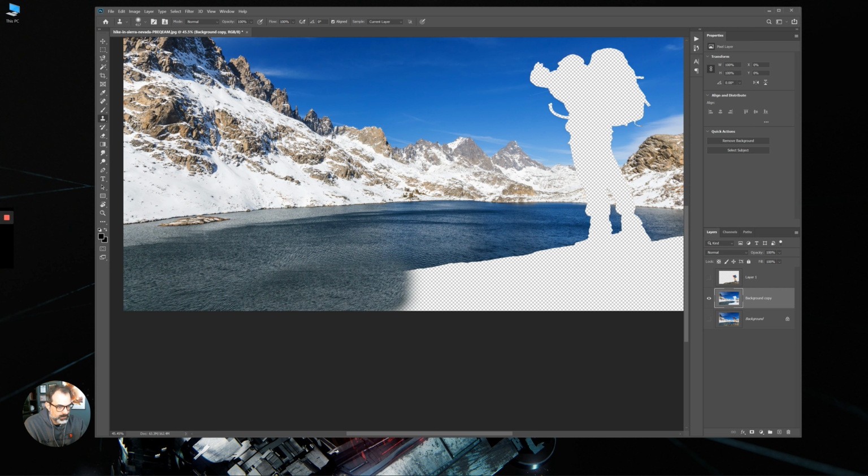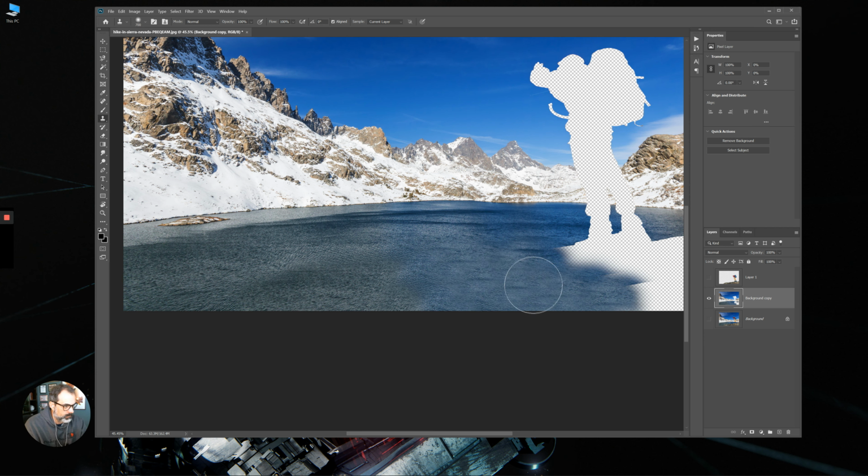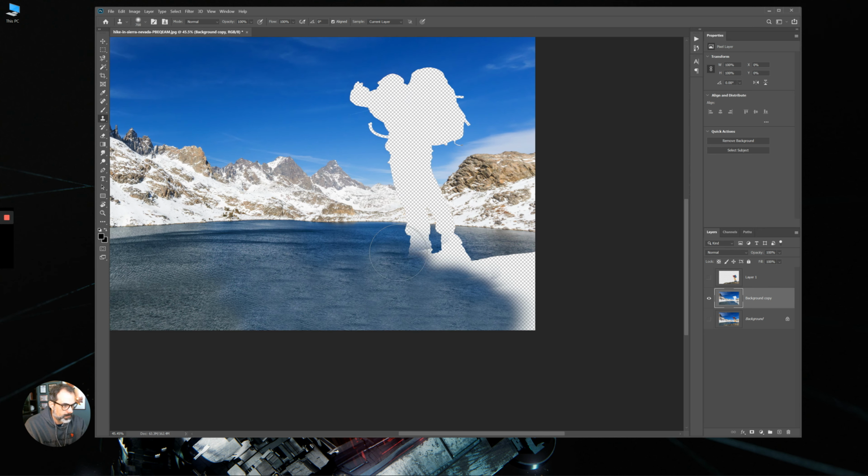You can see the edge isn't perfect, but for now it's okay. Option, Alt click there, click and drag. I'm just going to work my way through the water. Option click and drag, option click and drag. Just get a rough clone in there. Sometimes the bigger the brush, the better, so you don't get repeating pixels too much. You're going to get some, obviously, but